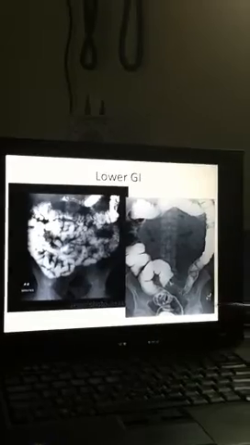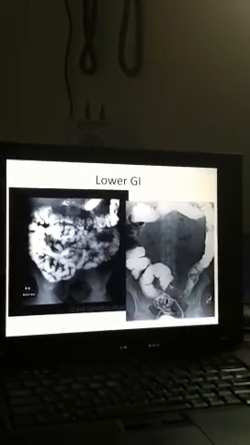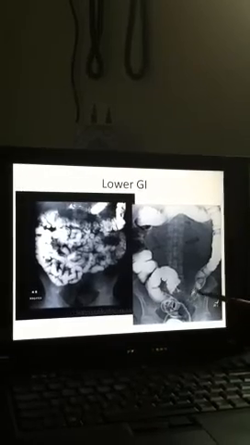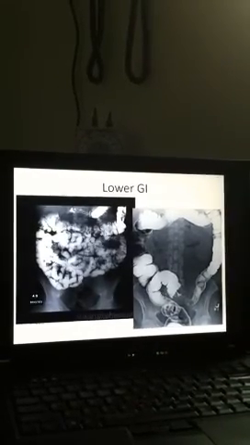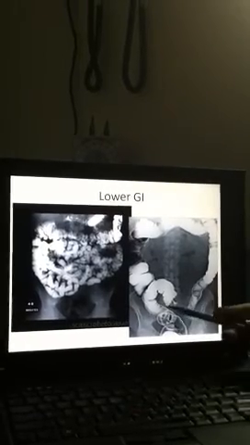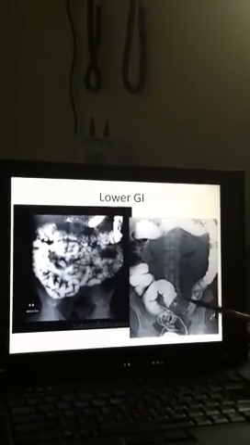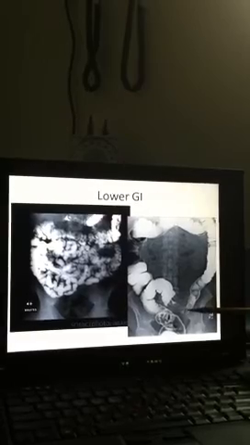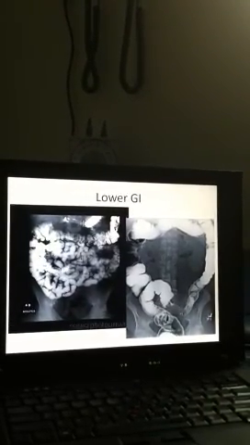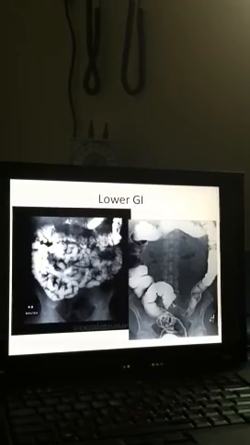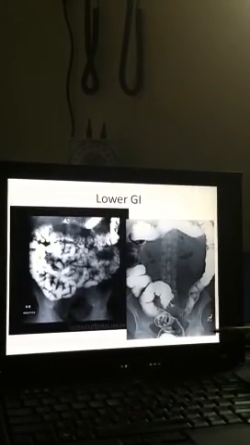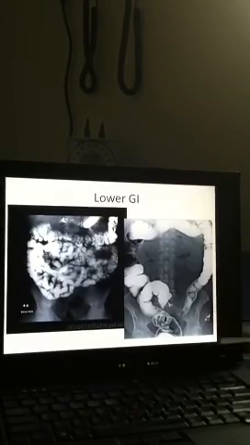Something that's probably not going to be on your exam, but is really cool to see, is this right here. This is called an apple core lesion. Can everyone see how it kind of looks like an apple core that someone bit out of? Or ate, I guess would be the better word. So that is called an apple core lesion, and it signifies colon cancer. So if you see that, that's like an automatic colon cancer until proven otherwise. So it's pathology. It won't be on your test, but it's just a really